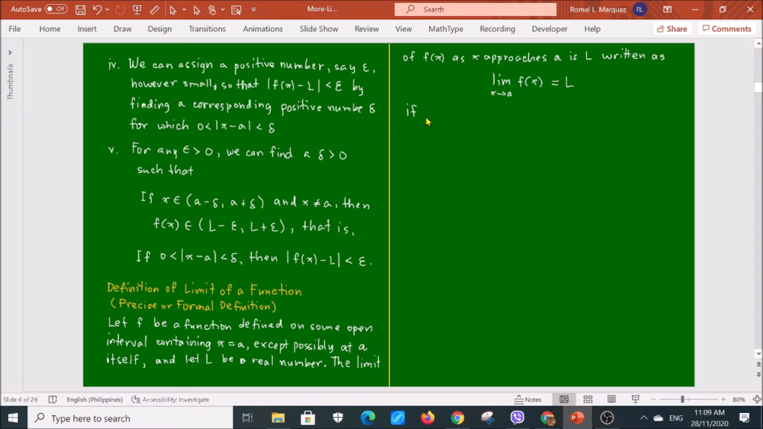If, so meaning this is true if for any number epsilon that is greater than 0, so meaning for any positive number epsilon, however small, there exists, meaning we can always find, a number delta that is positive such that